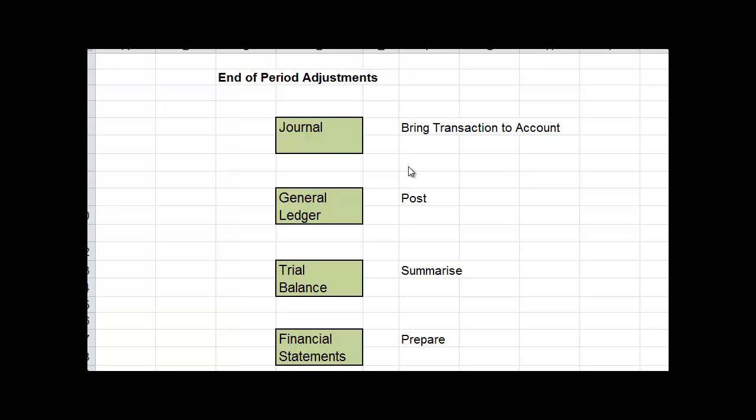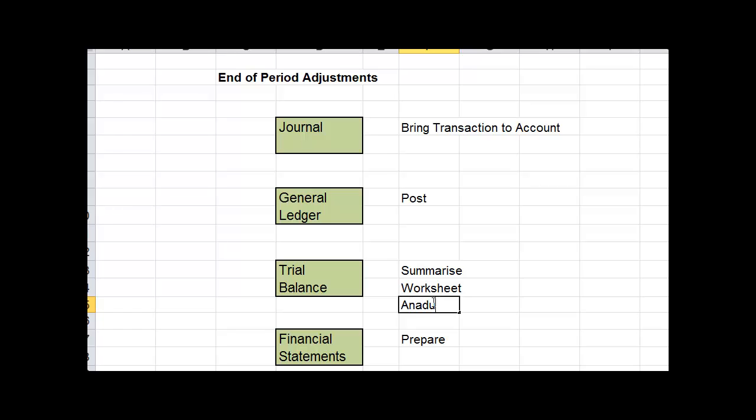We also saw some transactions also need to be posted to a subsidiary ledger. But the general theme is that you have a journal, you post it to the general ledger, and then your general ledger is summarised in the trial balance. We did that in the worksheet. So the trial balance becomes the start of a worksheet. And the very first column in the worksheet we often refer to as the